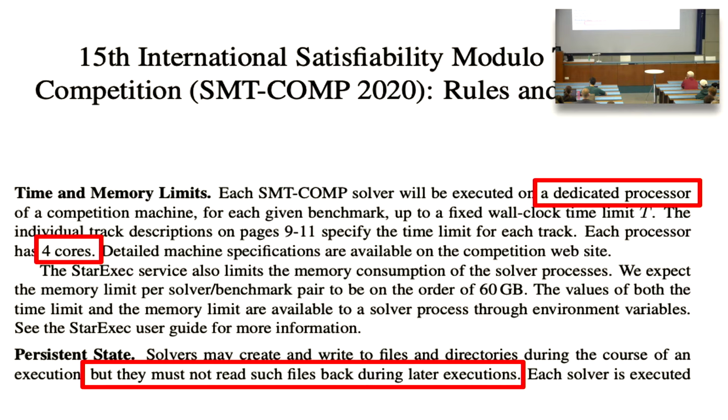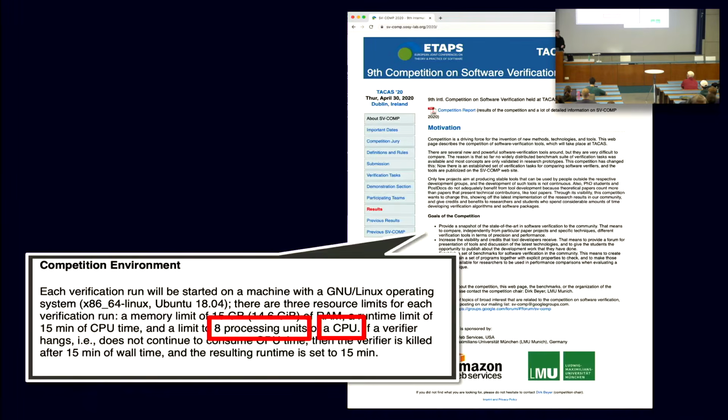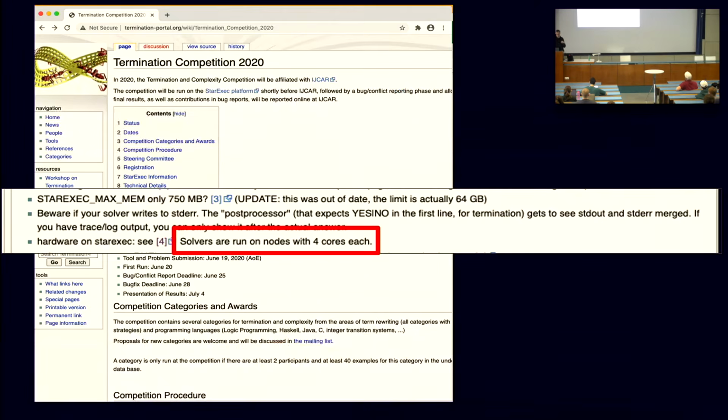You have to recompute. That's the rule of that competition, which, if you think about it in the cloud era, is insane. Storage is so cheap. Why would you not just store lemmas and then read them? That's what you're going to do in practice. And you're certainly not restricted to a single core in the cloud. Similarly, SV-COMP had similar restrictions, also the termination competition, and a lot of the other competitions are the same.